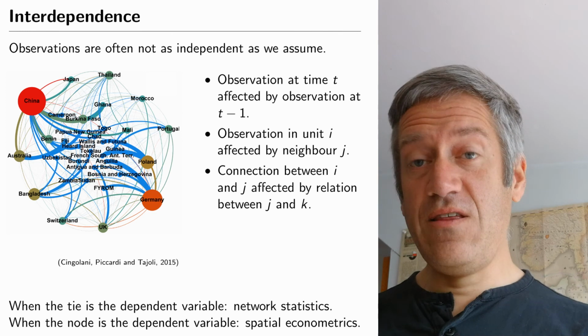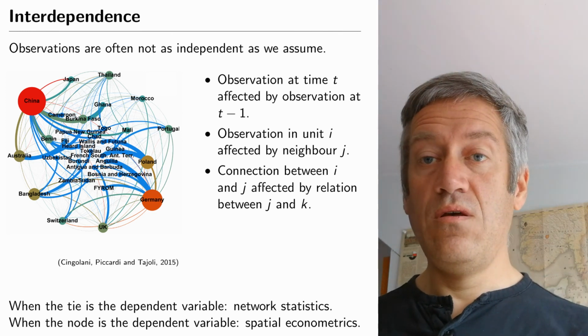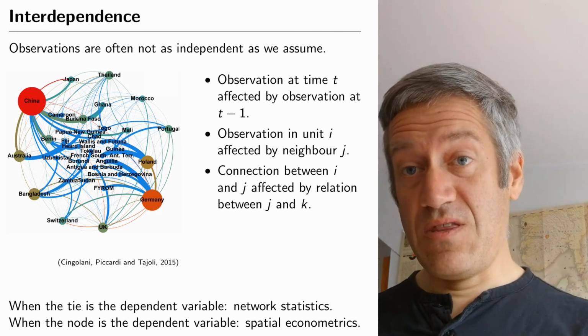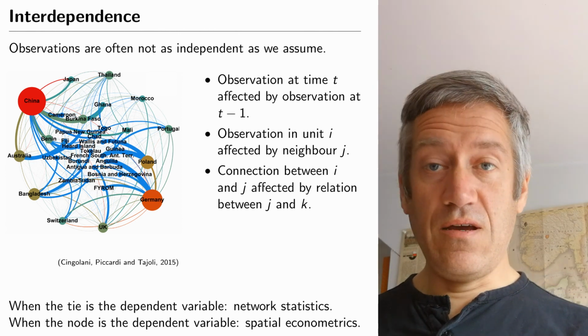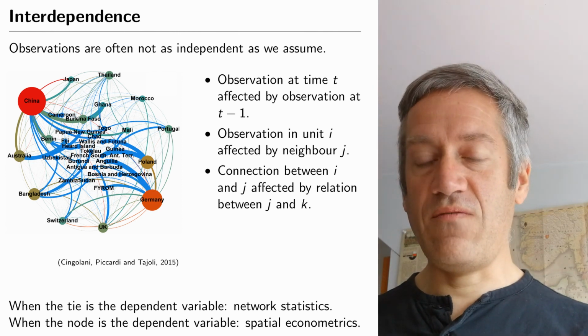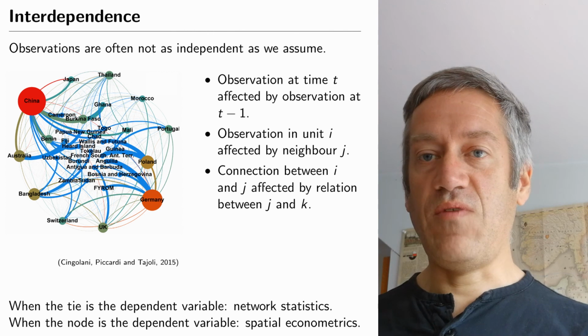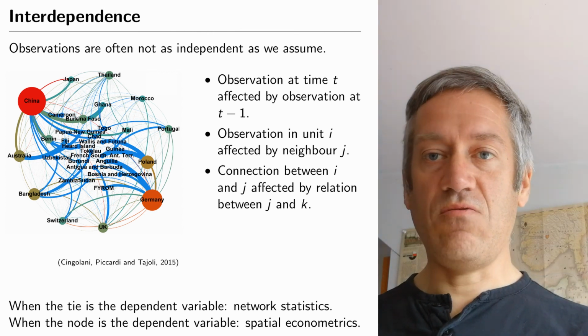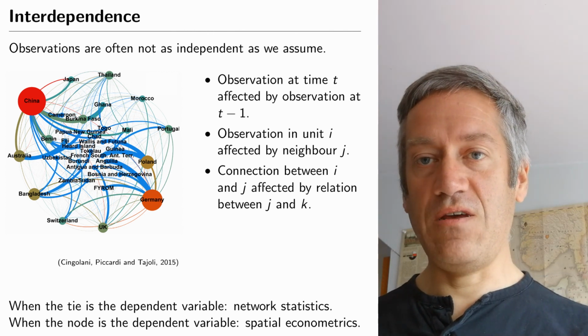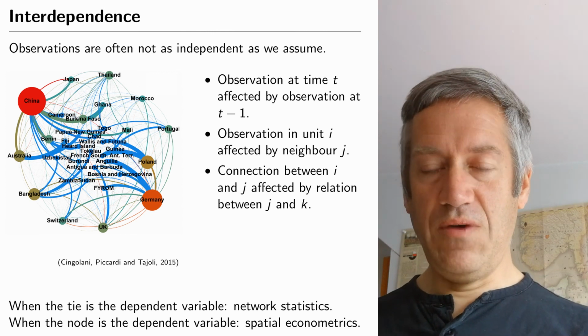When we take these interdependencies into account, and the dependent variable, the thing we are trying to explain, is related to the ties, for example whether two countries fight a war, whether they end up in the same international organization, or the amount of flow between them,